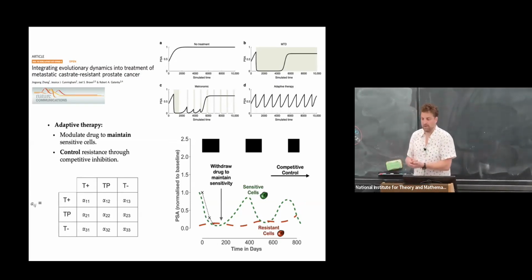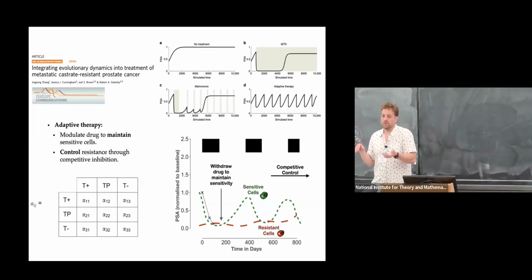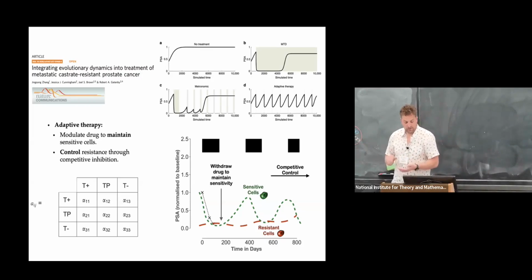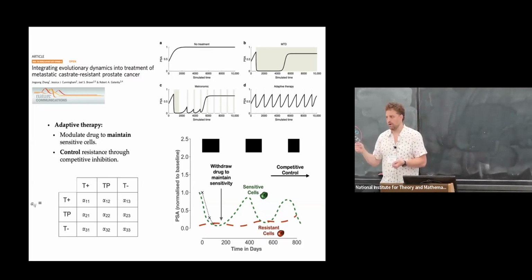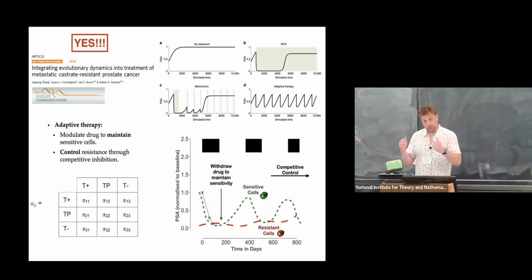This clinical trial took advantage of that and it asked, could it modulate the turning on and turning off of drug in such a way that you were basically promoting the sensitive in certain scenarios? So could you promote the sensitive, like in this lower right-hand side, you withdraw the drug, the sensitive comes back and outcompetes the resistant ones that are going to kill your patient. And then a little while longer, you put the therapy back on when the tumor's grown, and you modulate it over time. And they're calling this an adaptive therapy approach. And it worked in this clinical trial. There's now a series of other ones. But I think it matters.